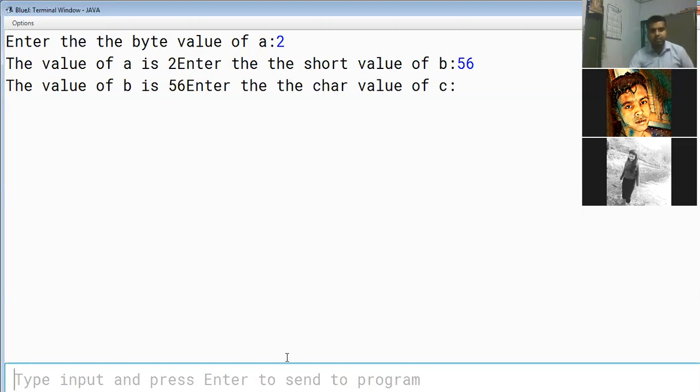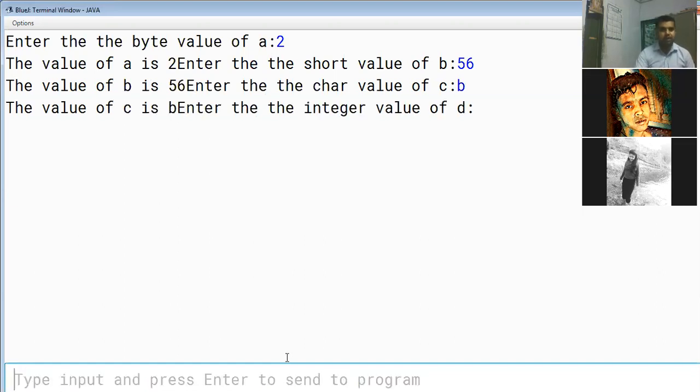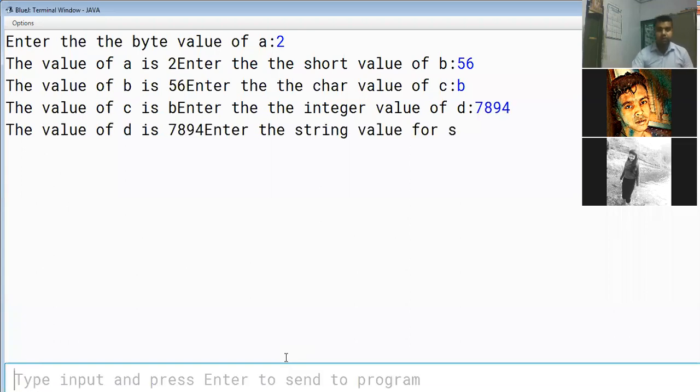Okay, now for C we are supposed to take a character value, let's say small b. Now again I press enter, again the line is coming into the same integer value, so let's say 7894. Okay, now for the value of the string, as I said, it is a collection of characters. Now for the string, if you take a b c d, 1 2 3 4, and then a b c d, see there is an uppercase, there is a lowercase, there is a number. Also for your benefit, I am taking some symbols also. Now if I press enter,